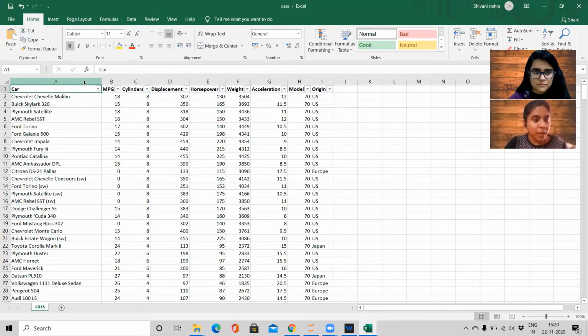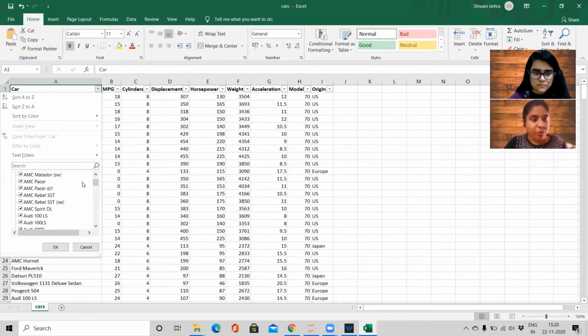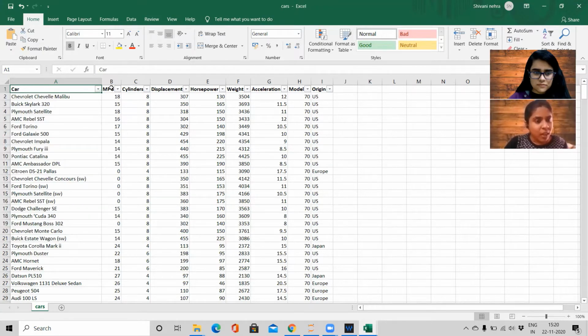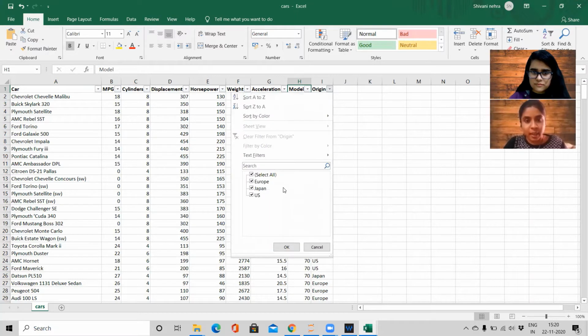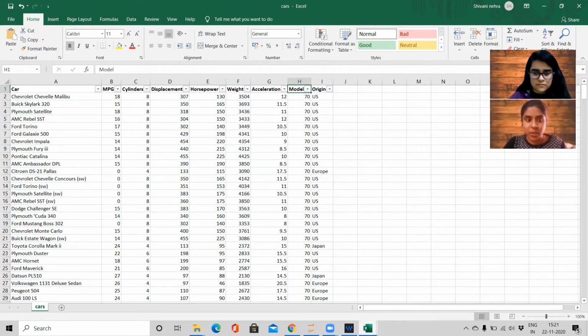The first column defines the car's name. Here we have the different cars, and following that we have MPG, which is miles per gallon, which is numerical data. Following that we have various attributes such as cylinder, engine displacement, horsepower, weight, acceleration, and model. All these columns are numerical data which are defining different attributes of the car. And lastly, we have the column origin, which is categorical data explaining the countries of origin of these cars. So that was for the CARS dataset. Now Shivani will take us through the IRIS dataset.